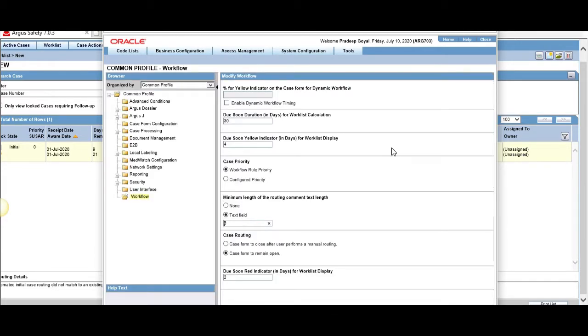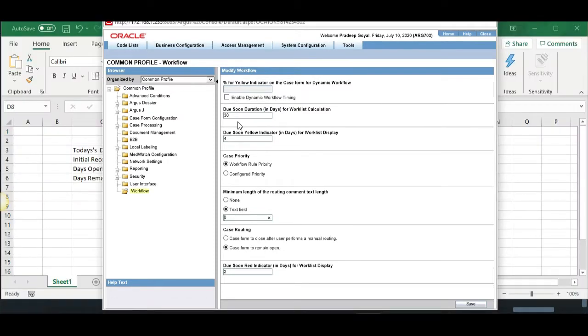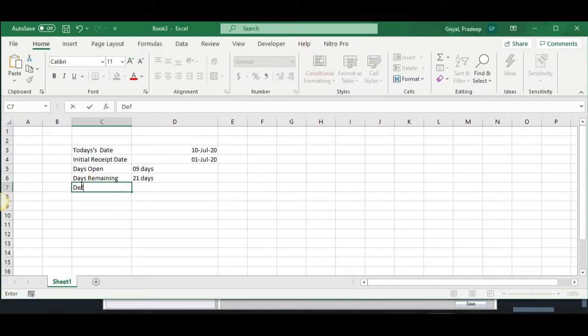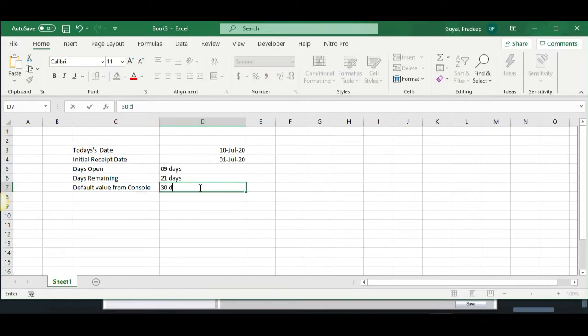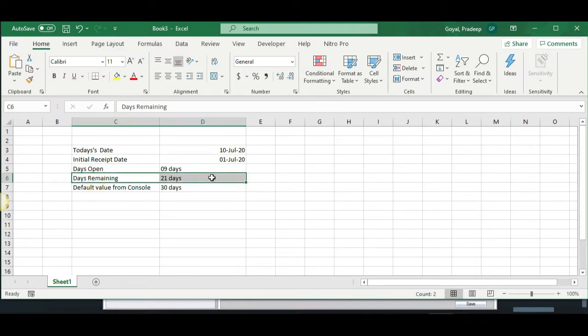You will find a switch over here, due soon duration in days for work list calculation, and the default value is 30 days. So default value from console is 30 days. So 30 days minus 9 days, how many days remaining? 21 days. So this is how the calculation of 21 days has come.